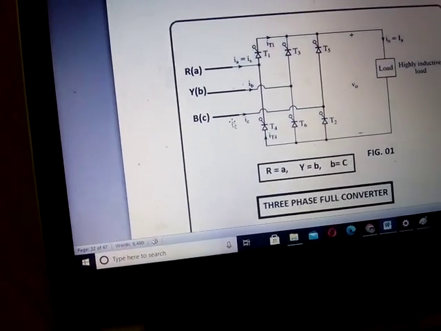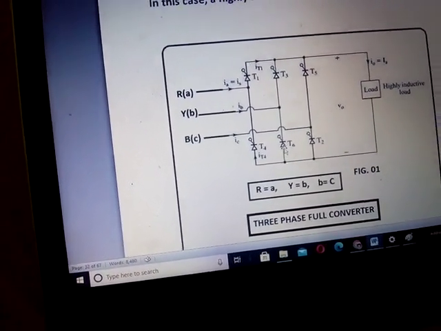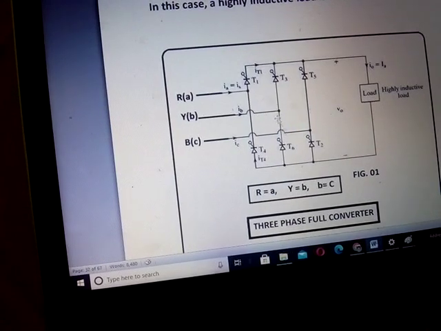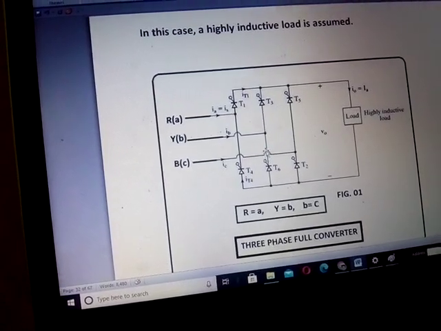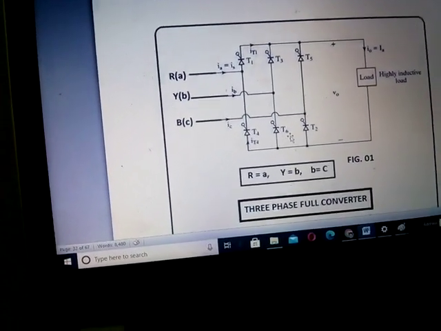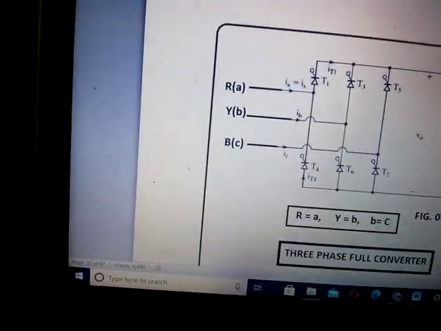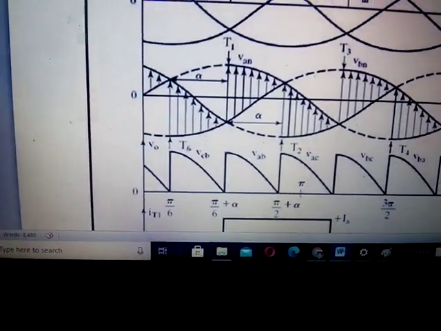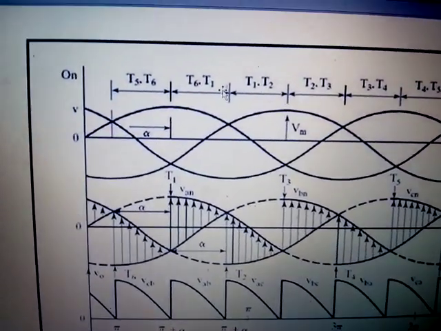When you fire this, a lower voltage will appear at the anode of T6, and the other point will be at a higher potential than this. When this is on, you will get lower potential here and higher potential here. So T6 will get a reverse voltage and it will get naturally commutated. Similarly, at every 60 degrees you switch on one thyristor, and automatically the other thyristor gets naturally commutated.